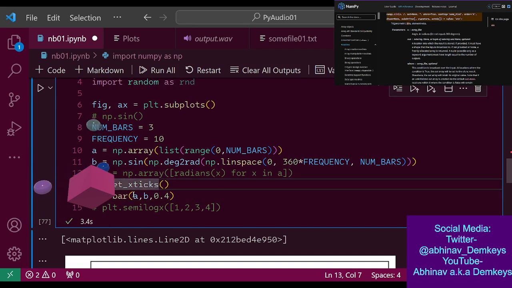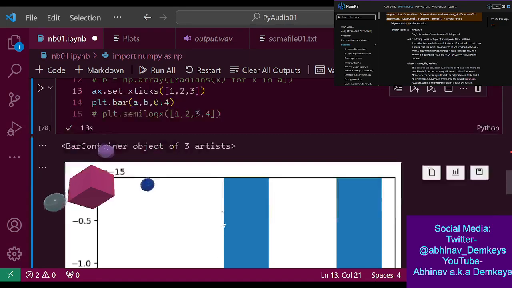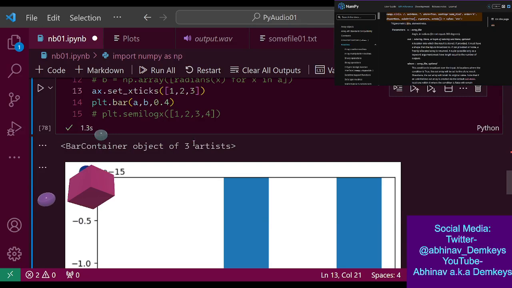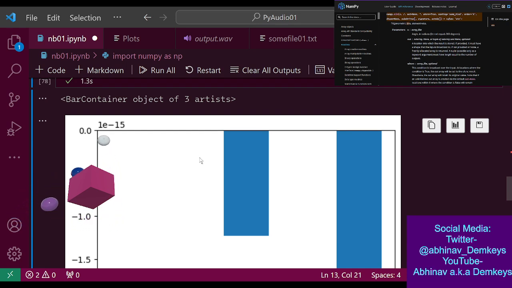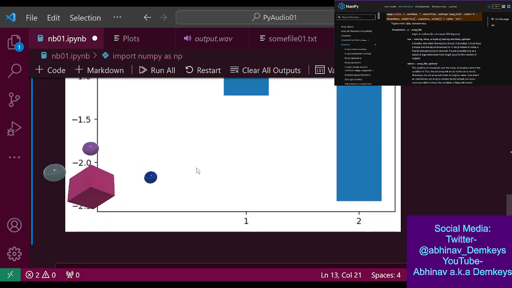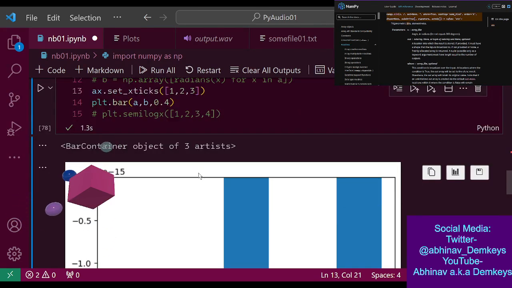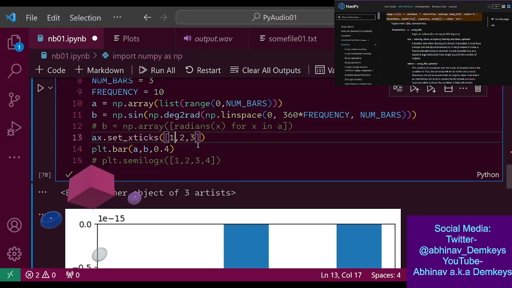Okay, so we'll plot this and we'll set the ticks to 1, 2, 3 and just see if that accepts. Oh, what happened? What happened there? Oh, okay, dude. Something happened here. Oh, could it be because of negative values? I think it might be because of negative values.